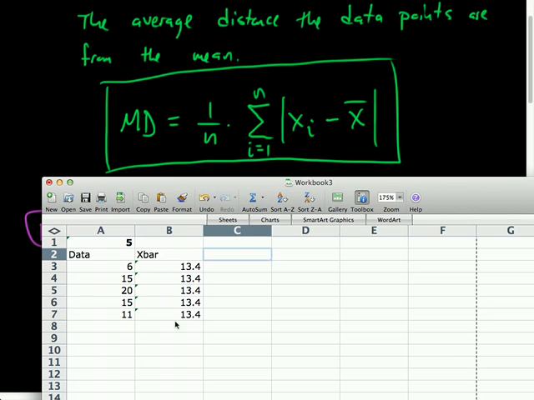Okay, so I have x bar here. I'm ignoring the sigma right now. The next thing I'm interested in is taking each data point and subtracting the mean. I'll call this x minus x bar. So how do I program that in Excel? Here's my data point, and I want to subtract x bar. Does that make sense? So there's that, there's the difference, but that is not currently a distance.